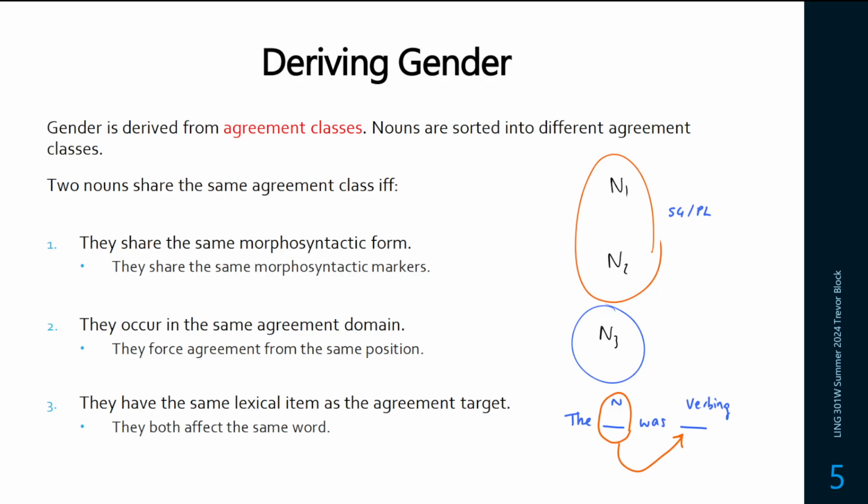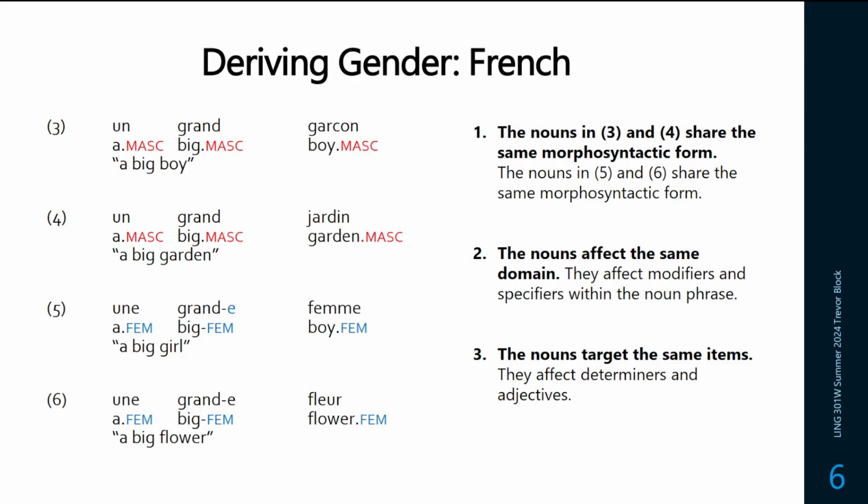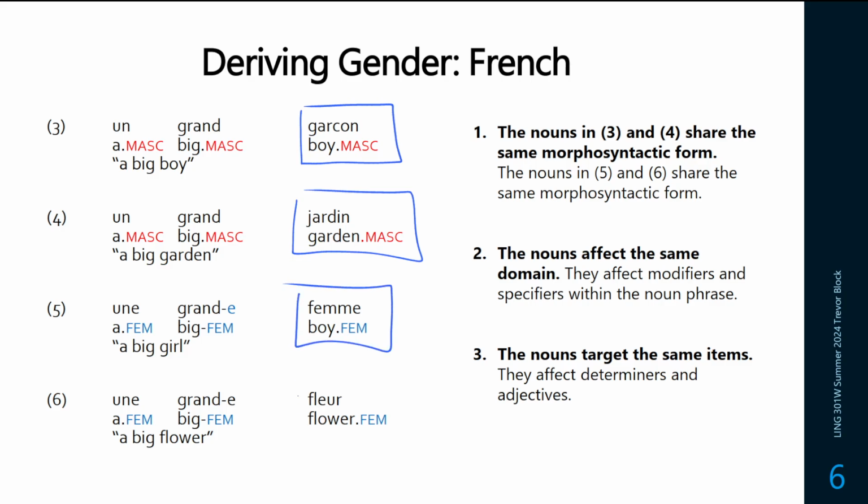So yeah, if we take a look at, say, French, for example, we have 4 sentences, and I'm just going to circle or box the nouns in. And in each of these, what we see is that gender is going to be baked into these words. So garçon is masculine, and femme is going to be feminine in this case. I think I wrote boy here. This should be girl.